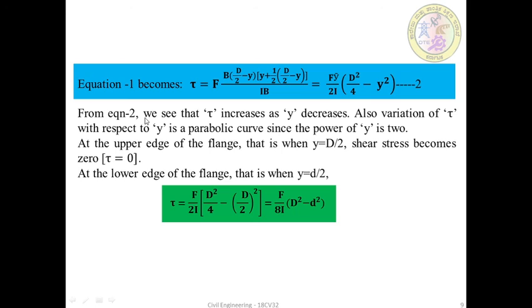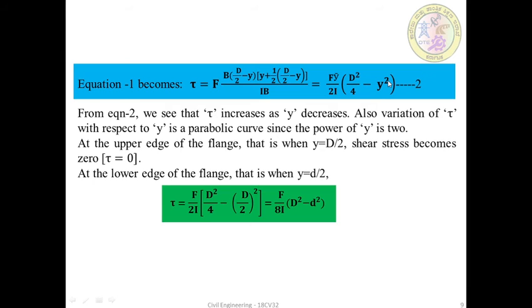So from the above equation number 2, again the diameter is constant, f is constant, I is also constant, only the y is variable, and the power of y is equal to 2. So we see that tau increases as y decreases. So shear stress will increase as y decreases. Also the variation of the shear stress with respect to y is a parabolic curve, since the power of y is equal to 2. As you know, when the power of the variable is 2, therefore the variation is